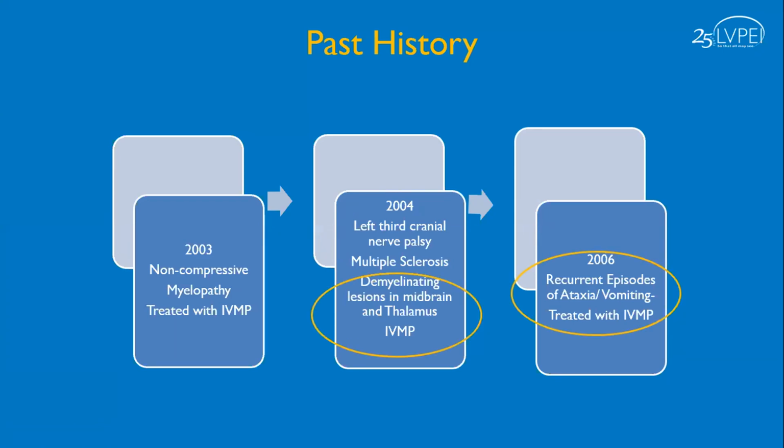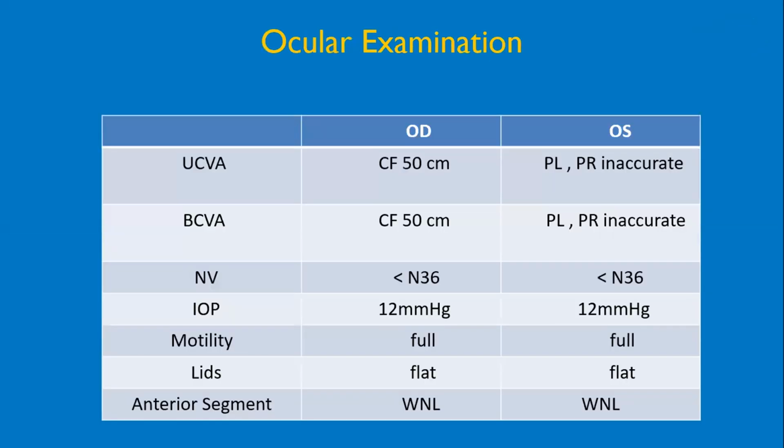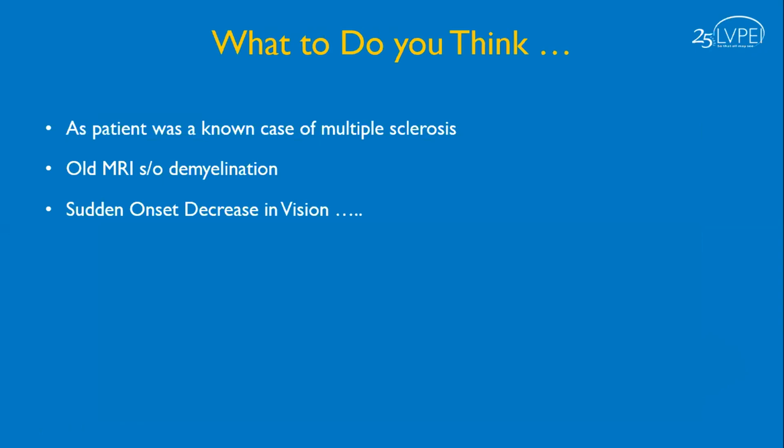Given these positive findings, we were a little concerned at the time of presentation. On examination at the time of presentation, the patient had very poor vision in both eyes. Rest of the anterior segment examination was normal, and confrontation visual fields were remarkably constricted in both eyes. As the patient was a known case of multiple sclerosis, and old MRI had recordable demyelination with sudden onset decrease